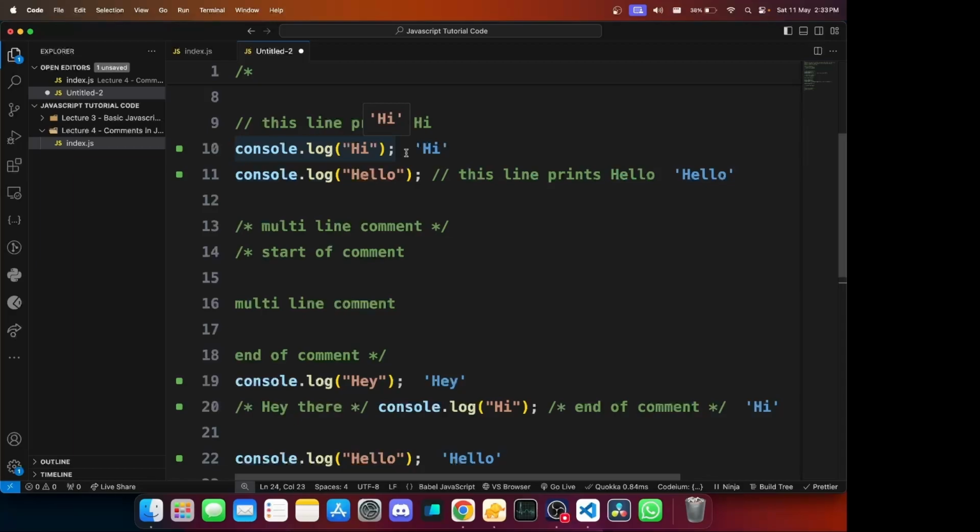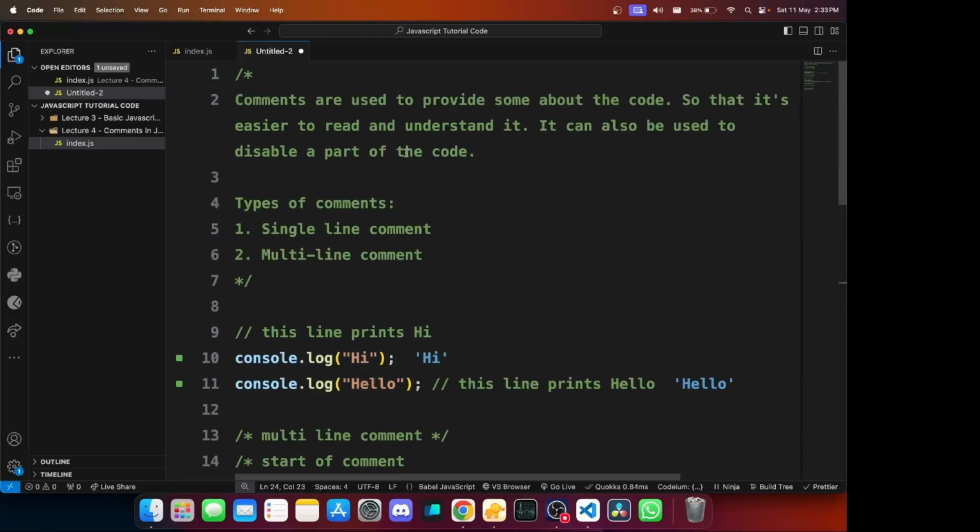You can easily understand that, okay, this is printing hi. You don't need to explain it to any developer. If anyone knows JavaScript, they can easily understand this. So my point over here is that you should only write a comment when you think it's actually very important. I would even go to the extent of saying that you should try to improve your code first. Maybe improve the readability of the code. At the end of the day, the purpose of a comment is to make it more readable and more understandable. Maybe the way in which you have written the code is not the best way of explaining it to someone. It's not very clean, for example, and that's why you're giving a comment.